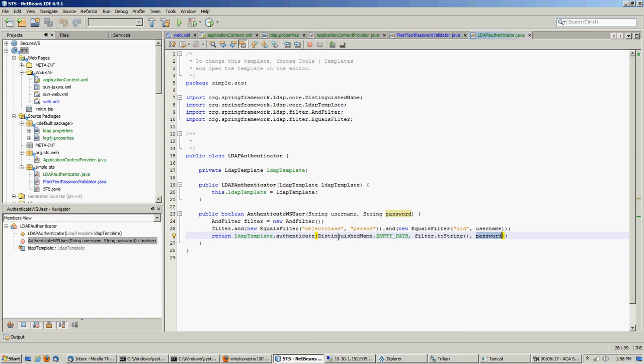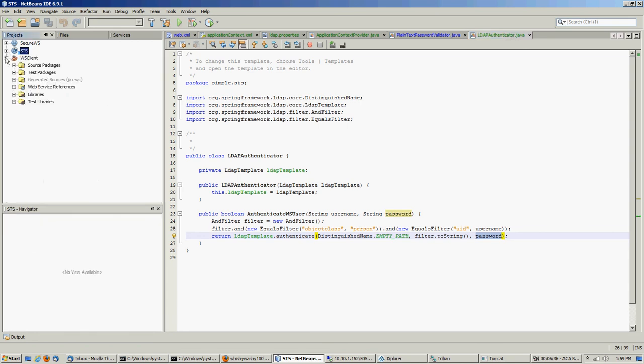And this is basically saying start at the base. So this would be like putting an empty string to start the query from this filter. Okay, so now if we authenticate, we'll return true and we're good to go. Otherwise we return false. Okay, so once we have everything wired up, we can redeploy our STS, and then in our client,